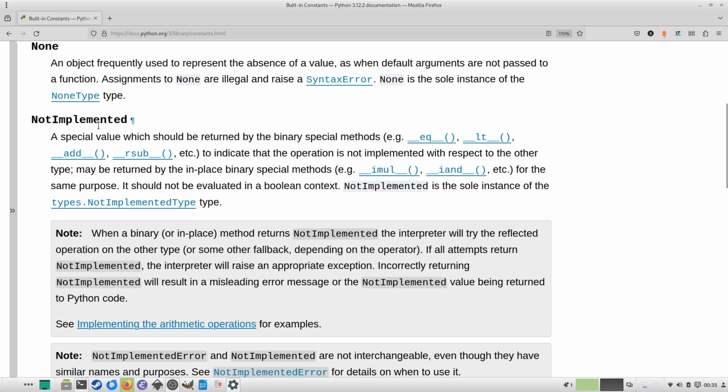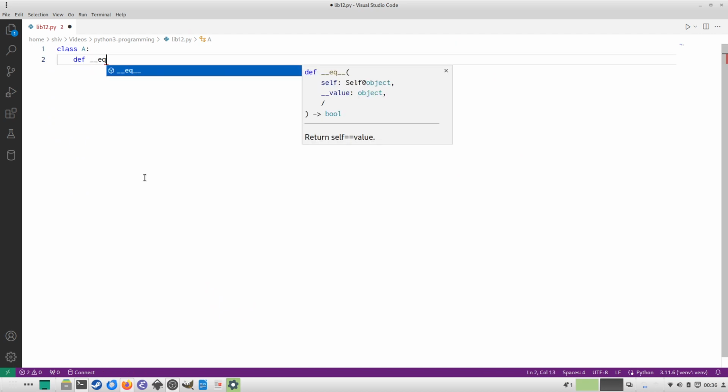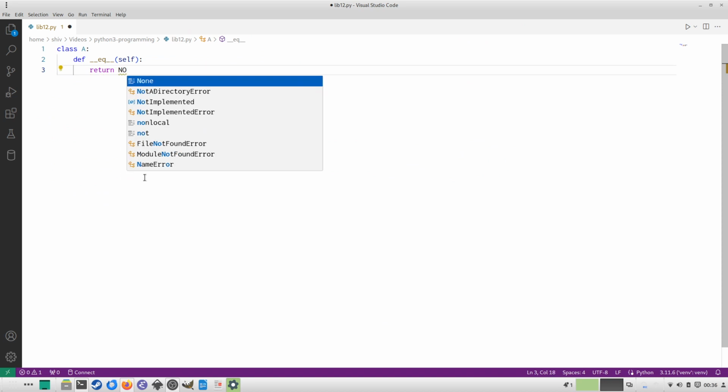Next constant is NotImplemented. Now it says a special value which should be returned by the special binary methods __eq__, __lt__, __add__, __rsub__, etc. So when you overload the operators, you can return a NotImplemented constant. For example, let's do one exercise for this. So I say class A, okay, and I define a function, say for equality, okay. It will take self and I say return NotImplemented,